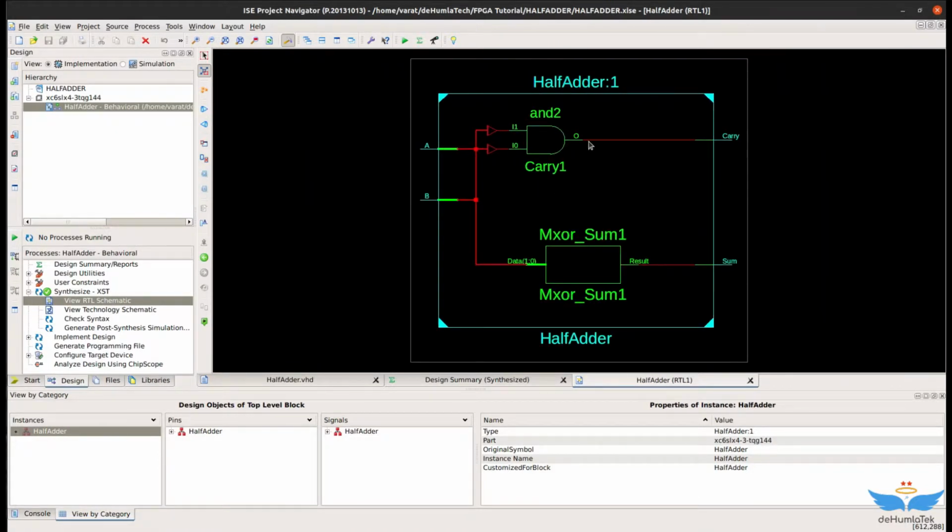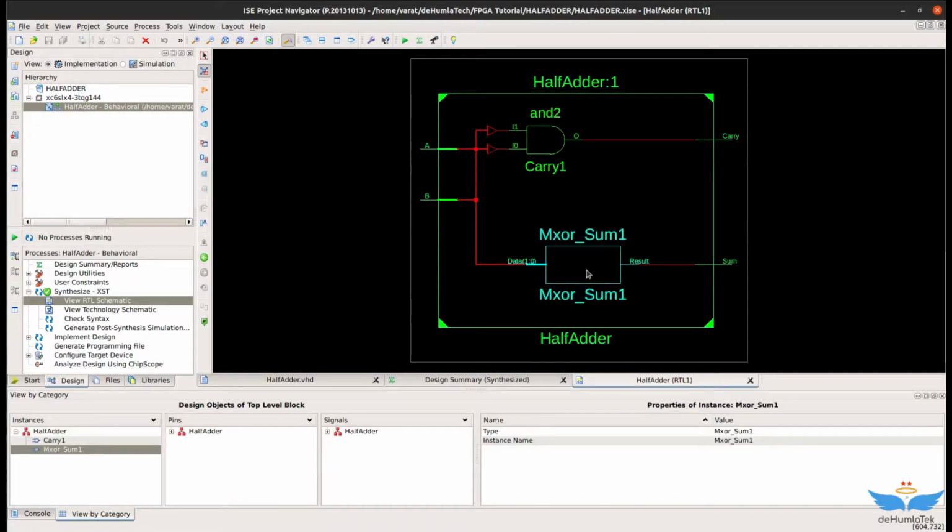This is exactly what we got before from the K-map. This carry was the AND of A and B, and this must be the XOR inside this rectangle box. Okay, so now once we are done with this code,